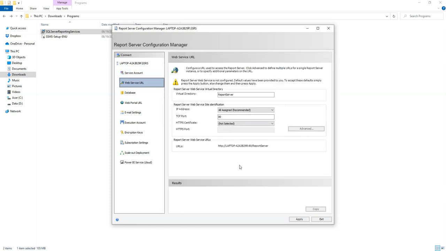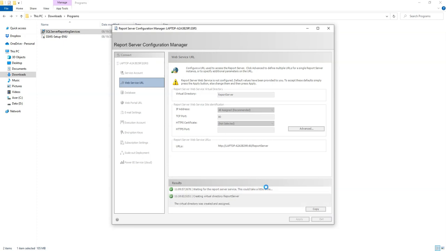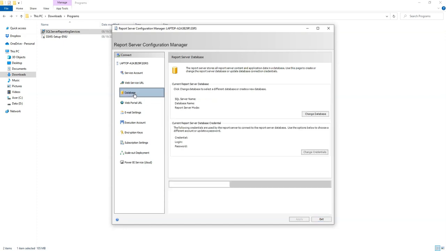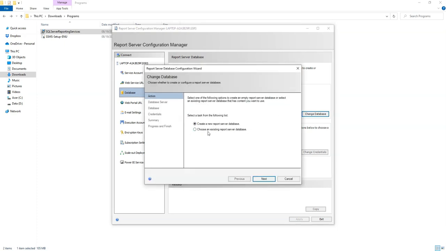and here we will keep the default setting. Click apply. So the task is completed successfully. Now we need to click the database, and here we have to configure the database, right? So we will click change database and